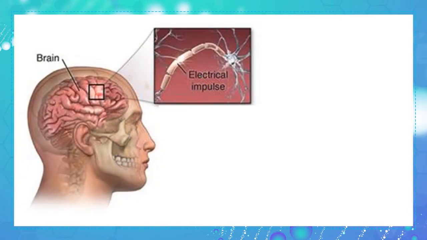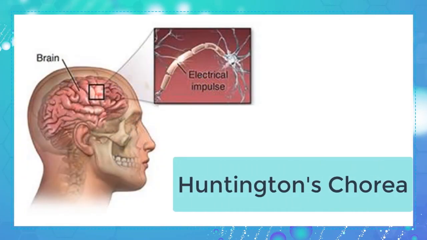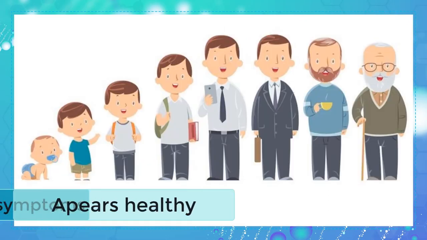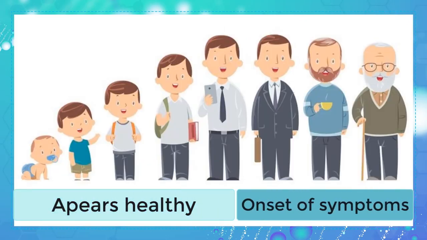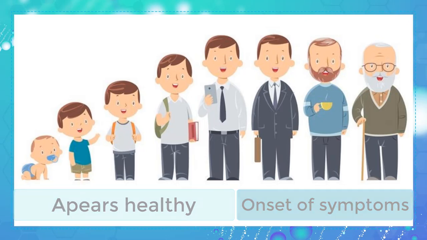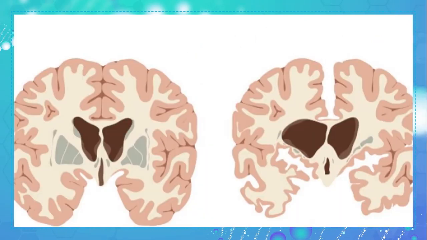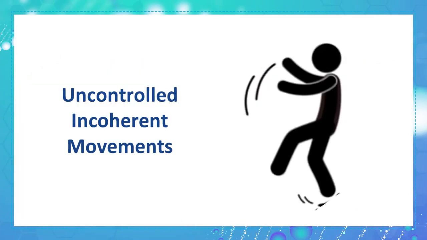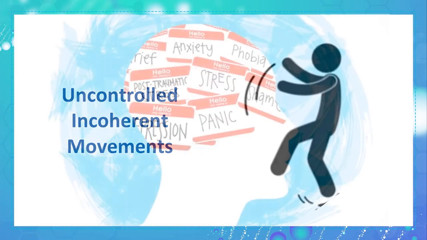Another autosomal disease is Huntington's chorea, caused by a dominant mutant allele of a gene carried on chromosome number 4. However, it only appears in affected individuals between the age of 30 to 50 years old. Huntington's chorea is characterized by lesions of certain neurons of the central nervous system, which causes uncontrolled, incoherent movements, accompanied